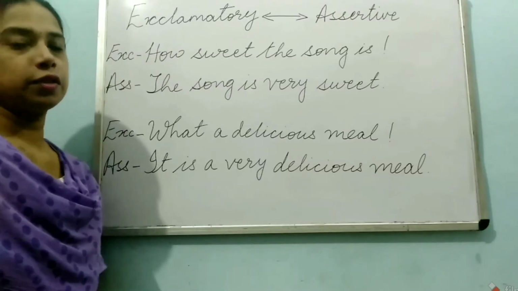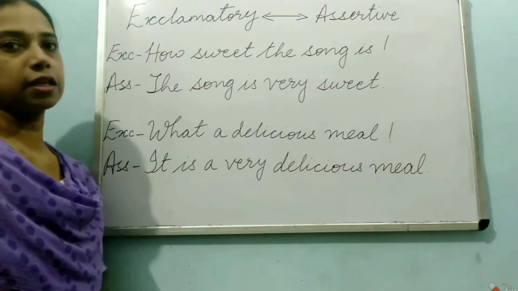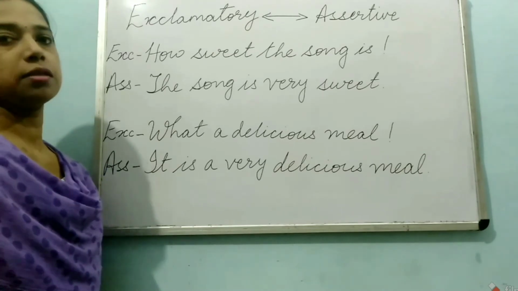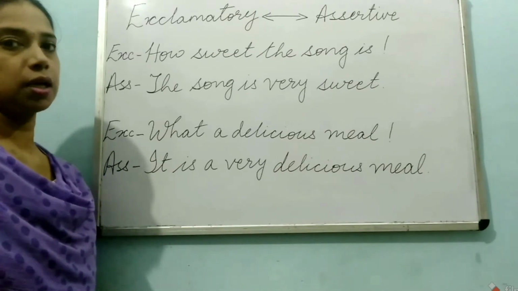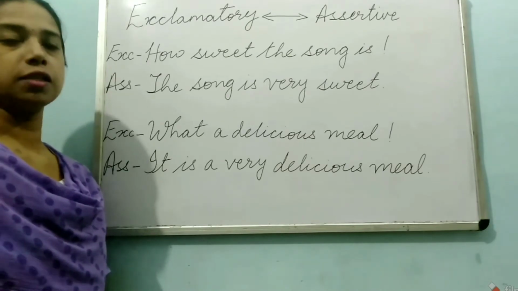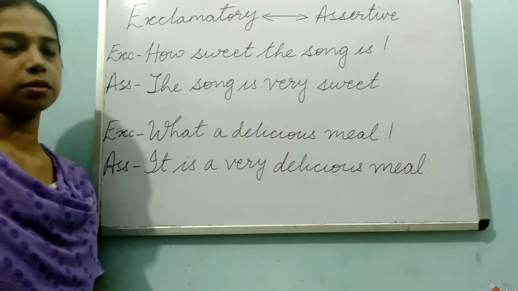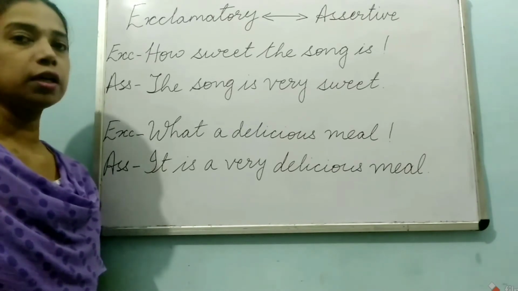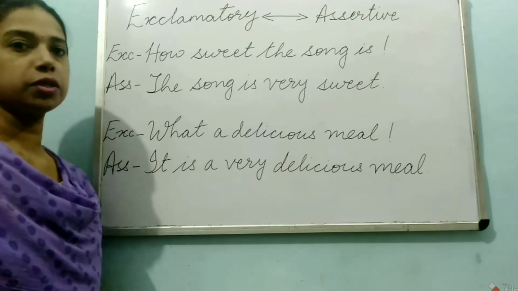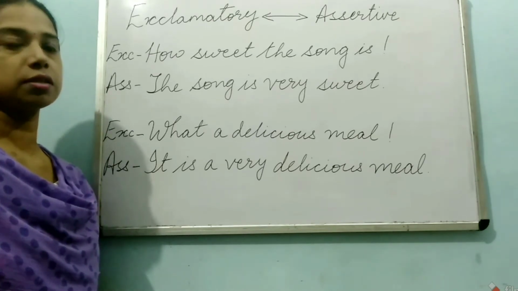Children, today we will do the interchange of exclamatory and assertive sentences. Exclamatory sentences are those which express our sudden feelings or emotions, and assertive sentences are just statements. Now here also there are certain rules that we have to follow while changing exclamatory sentences into assertive sentences and